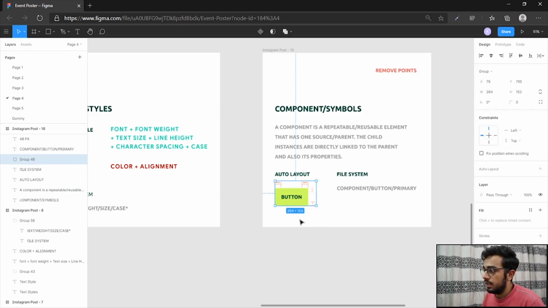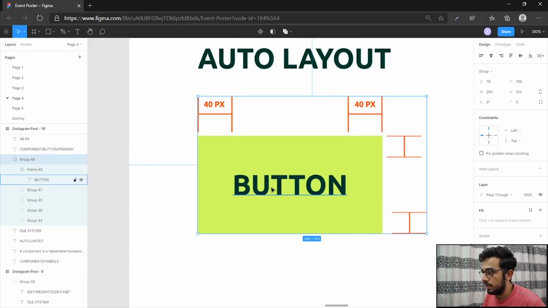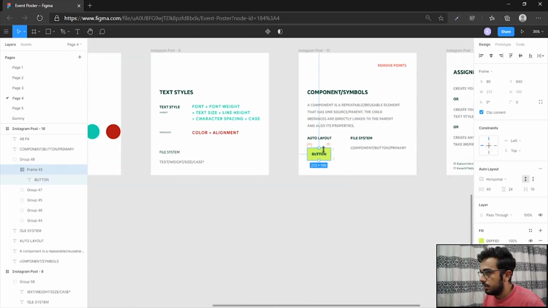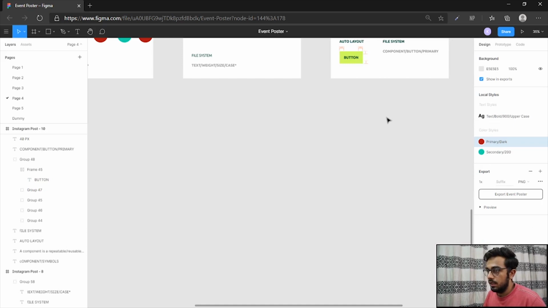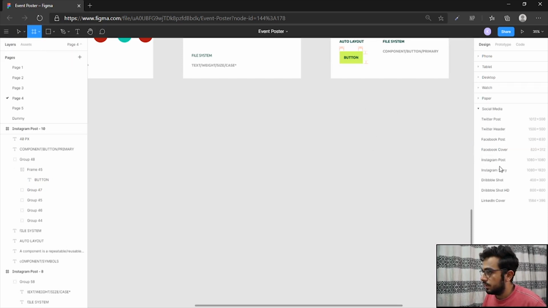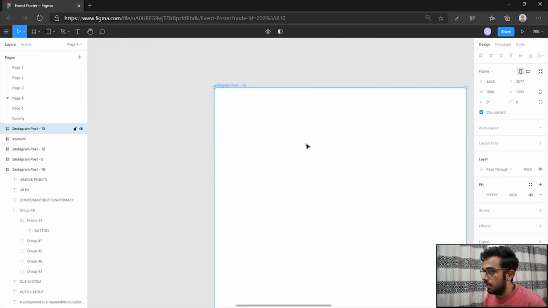So a button is a collection of a textile. As you can see the text here, it is a textile. So let me give it a textile. So yeah, let me create another frame and then show you how to define it from scratch. I'm clicking on A, or you can come in here and choose the frame option, and you can choose any of the templates. So I am choosing an Instagram post, which is a square frame.